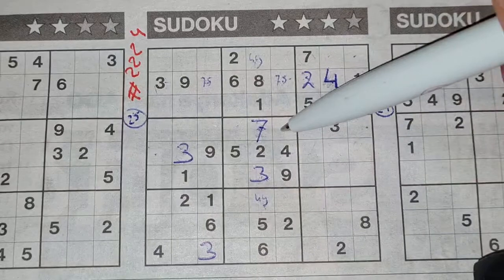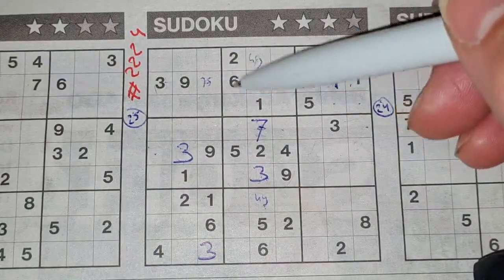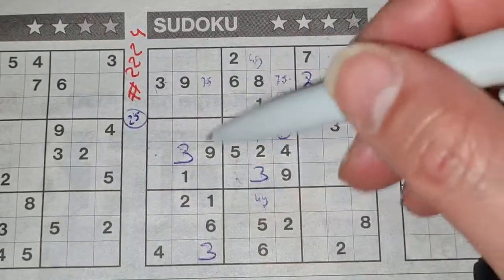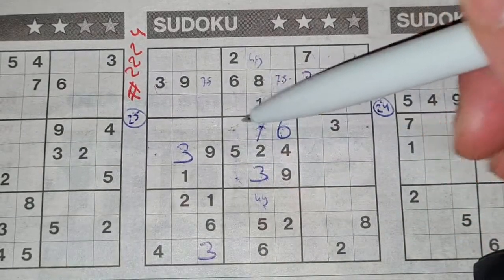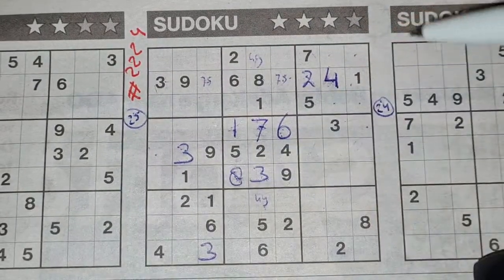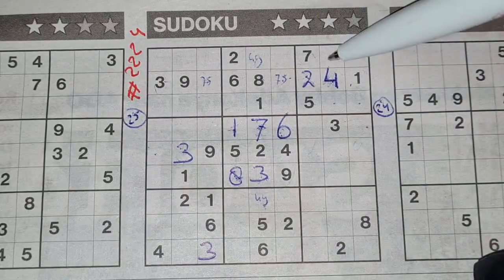Alright, 3 missing numbers in this big square. One of the missing numbers is 6. We see there 6, no 6 in those 2 boxes. 1 box left for the 6 should be here. 2 numbers left in this big square for the numbers 1 and 8. We see here 1, no 1 there, 1 should be here, and the 8 goes there. Then